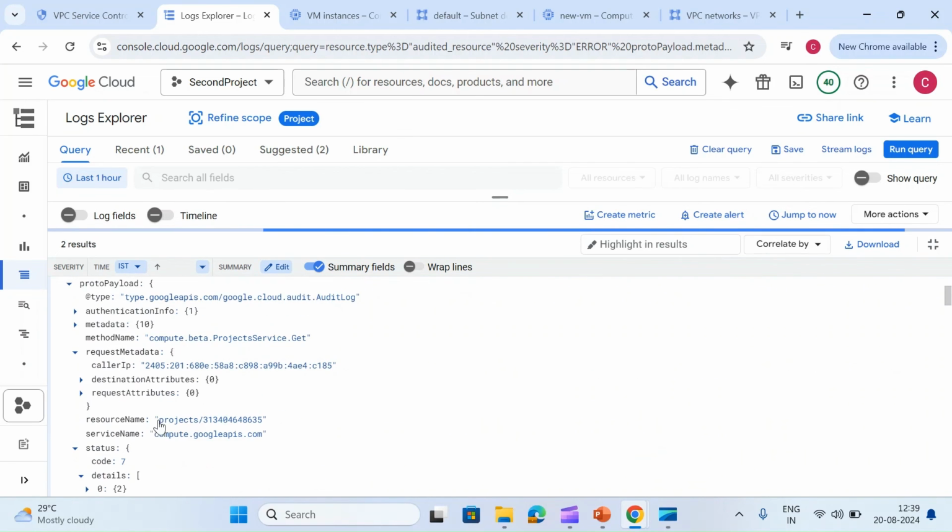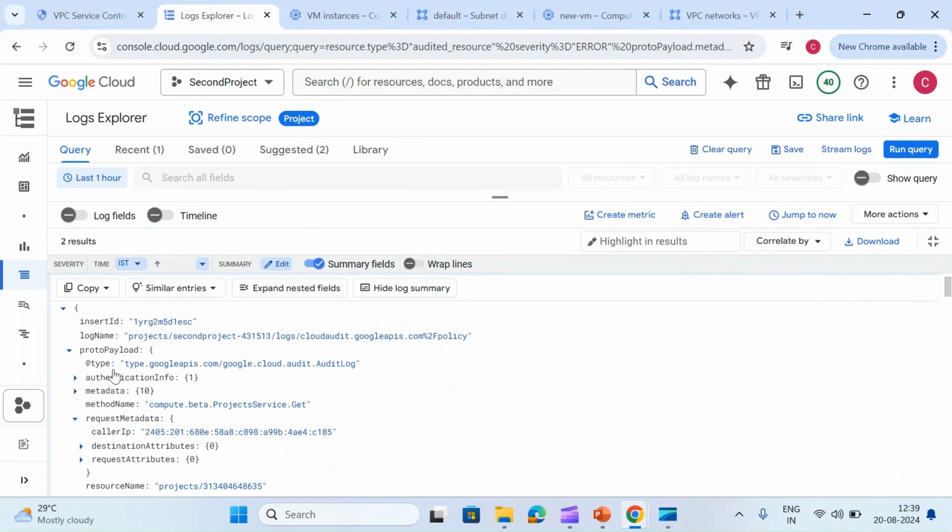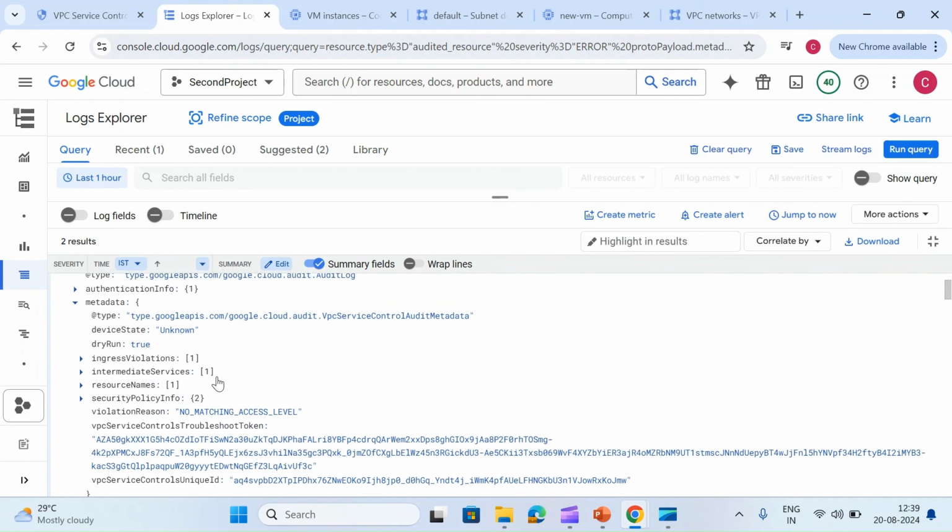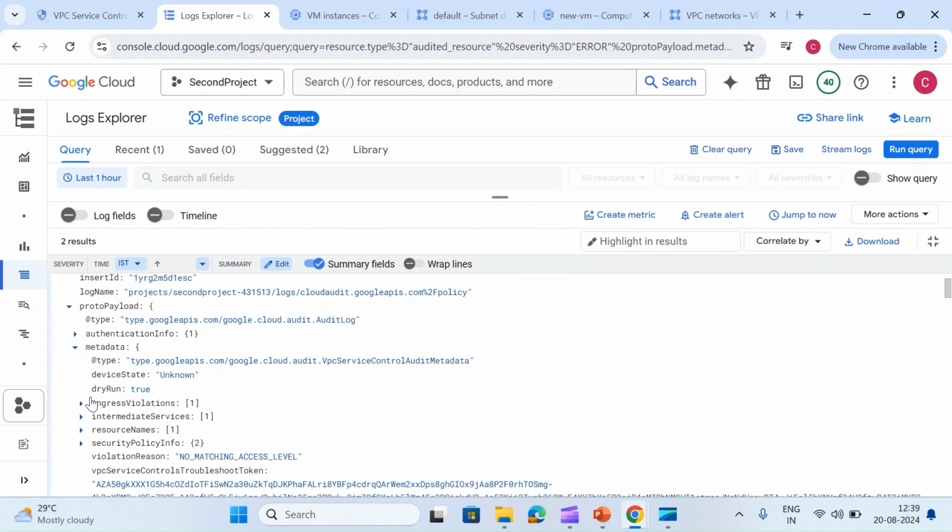We have to figure out from the metadata whether it is a dry run or an enforced policy. Inside the metadata it says dry run equals true, so basically it is just logging. It will not do anything.